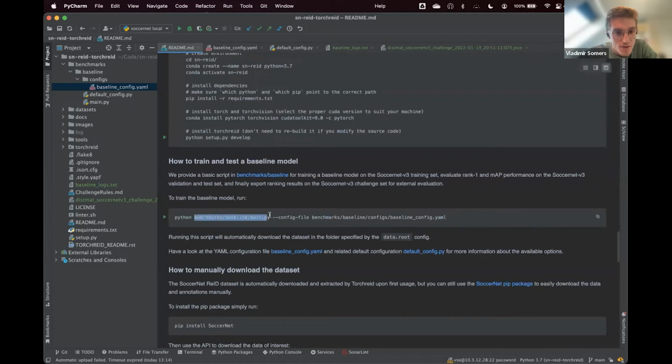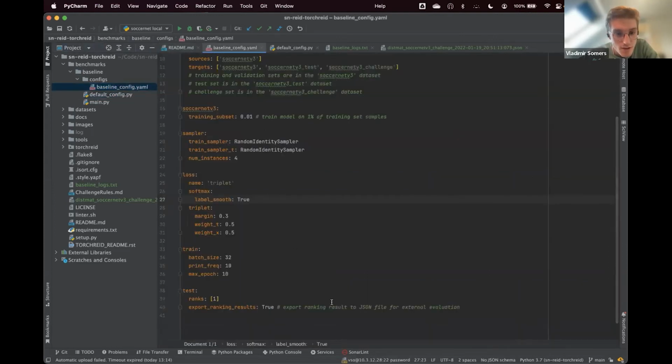As you see here, the main entry point for running the model is the main.py file that is here in the benchmark and baseline folder. And you have to give as an input to that file a configuration file, actually a YAML configuration file. Here we already provide a basic baseline as a YAML config, which is right here in the repository. If we have a look at that configuration,